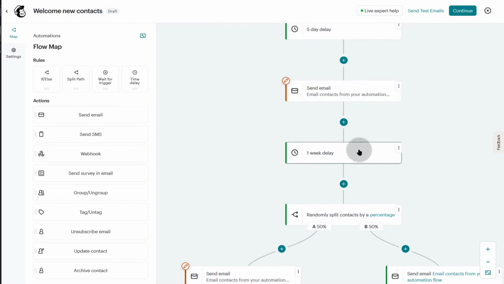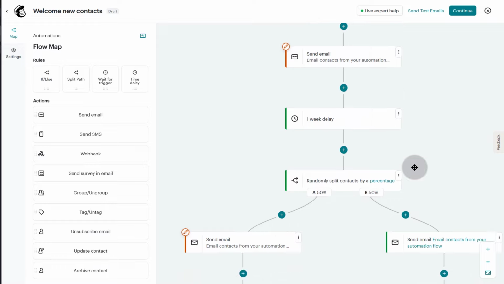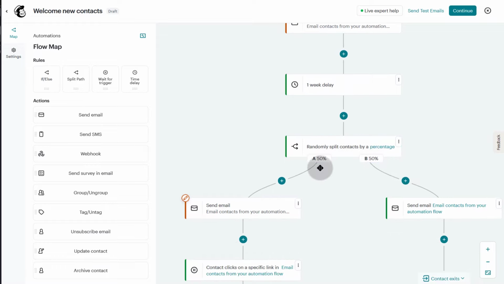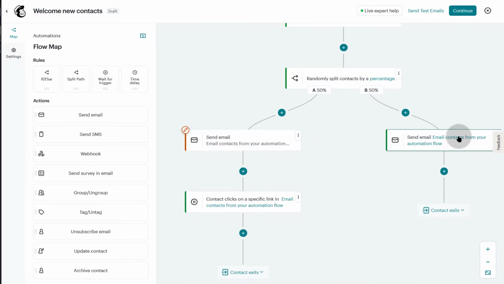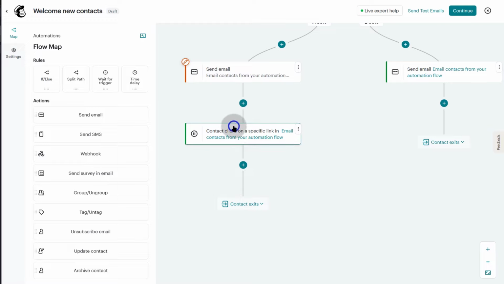So send the first email, wait for 1 week, and then send a split email. First 50% contacts, send this email. The next, send that email. And then once you send this email, you might want to check if they clicked on a specific link. If they clicked on a specific link, you will do something. So that's the next step here. So here as well, we need to set up something like this. If they clicked on that email,